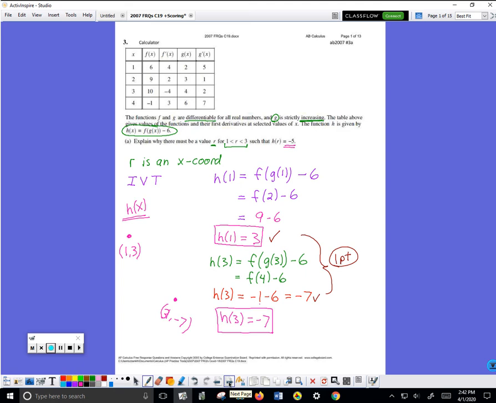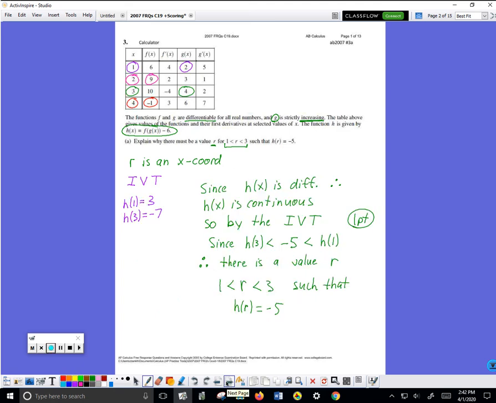Now, writing it down is a bit wordy. I have to have everything in green. I have to say, because h is differentiable, therefore h is continuous. The intermediate value theorem is only valid if h is continuous. So I have to state that. So by the intermediate value theorem,